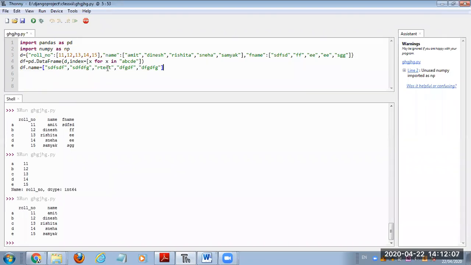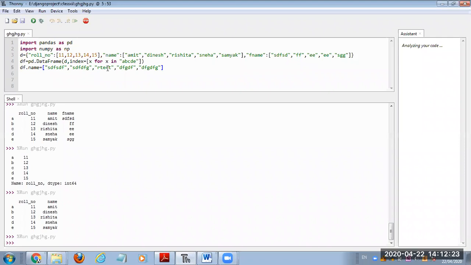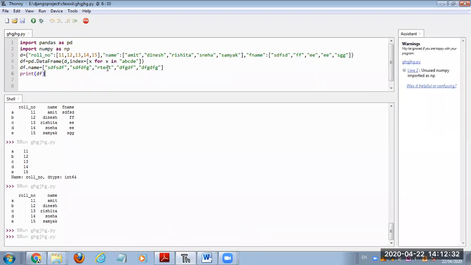Then when we write df dot name, inside the data frame df the compiler will search the column name, and in that column the list which we are providing will be stored. I'm printing the df. Okay, let's see the output.